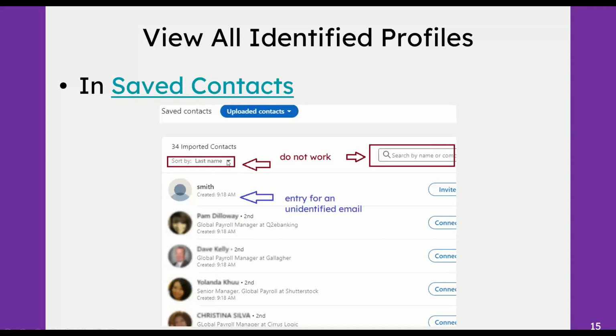This list was all first name John, last name Smith, so you'll see Smith coming up a lot for the unmatched profiles. But for matched profiles, you see the full name and more because it pulls it from the LinkedIn profile. If everyone's first and last name is the same thing, you cannot sort by last name, because the sort works based on the imported data, not the displayed data. Same thing with search. But if you identify your list, like by list type and date, when you do the import, you can use the search,